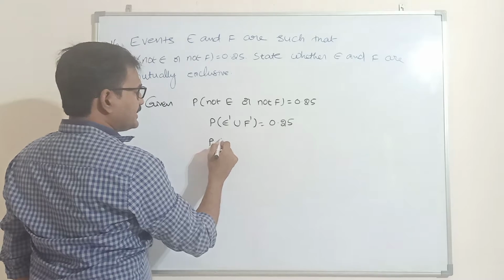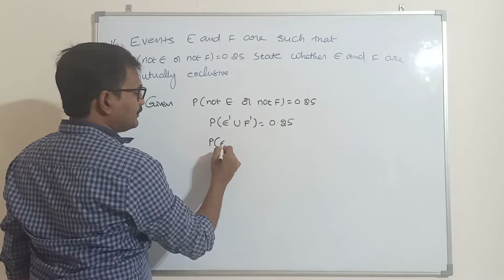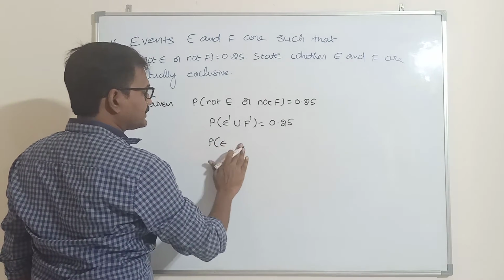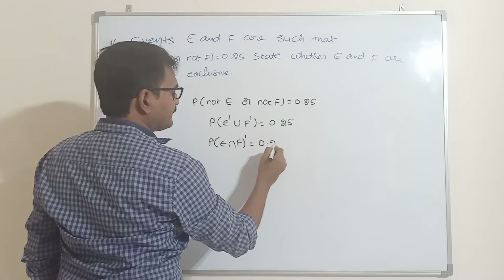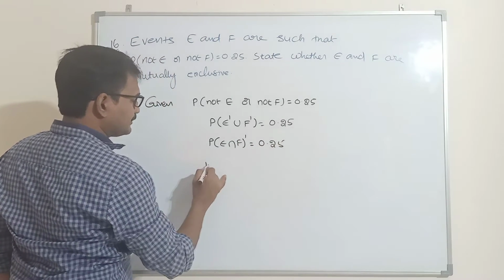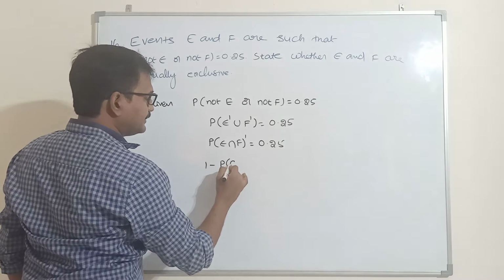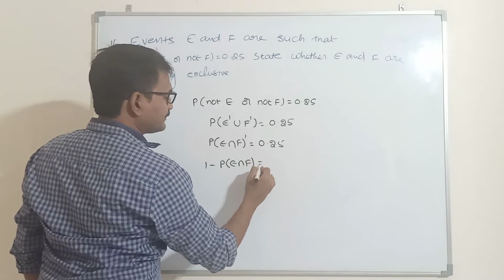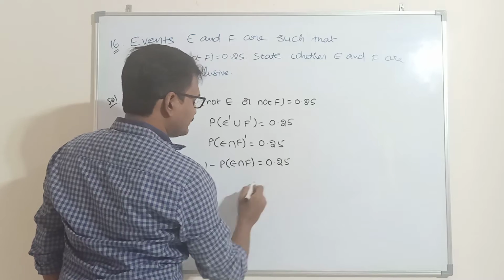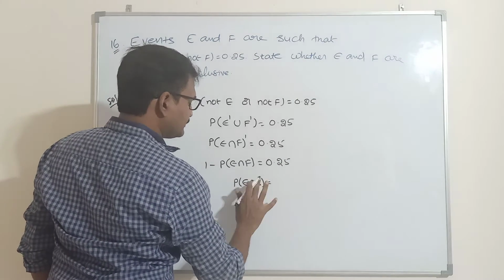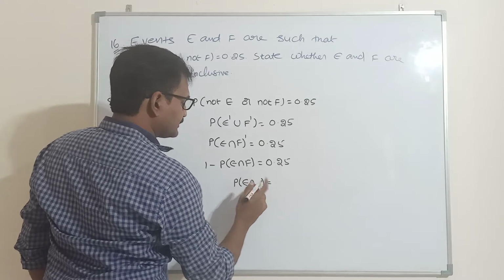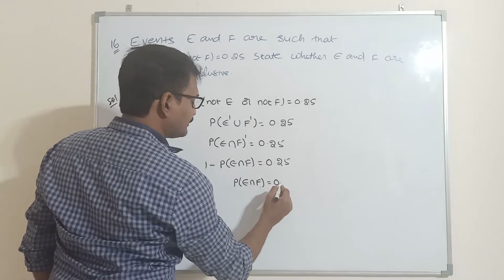So P of E dash union F dash is also equal to P of E intersection F dash, which is equal to 1 minus P of E intersection F, equal to 0.25. So P of E intersection F is equal to